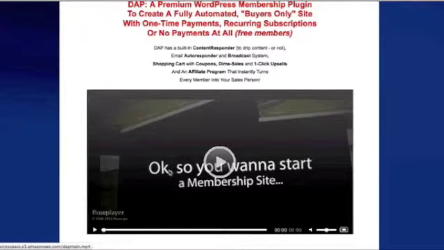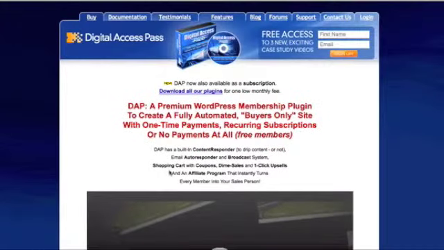it such that someone would maybe purchase a membership and then at some point they might decide to upgrade to another kind of membership, then Digital Access Pass makes that a heck of a lot easier, and it handles the upgrades to new membership levels easily. It's just a little fancier because Digital Access Pass does one thing really well, and that's membership functionality. So if you want a little bit more capabilities and some flexibility with your membership functions, you probably want to use Digital Access Pass in combination with OptimizePress